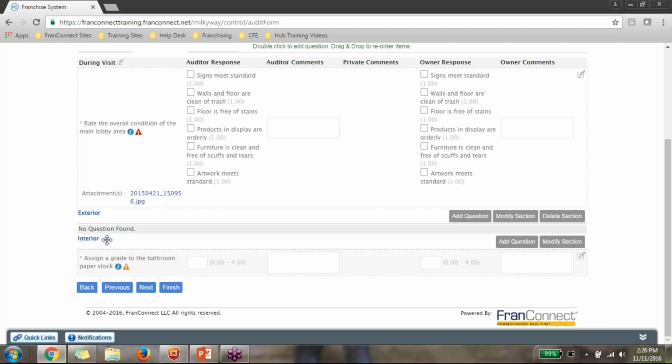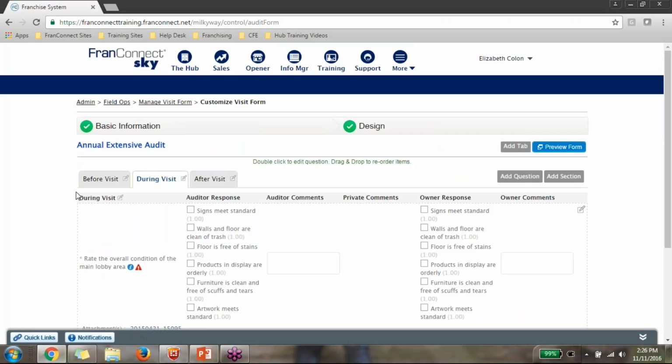So we know when the auditor pulls up to the location, from minute one, he's evaluating the appearance of the exterior of the building. Are the trash cans free and clear? Is the parking lot free of debris? Are the windows clean? Is the door working properly? If there's a doorbell, is that functioning? He's looking at all of that almost immediately upon pulling up at the location, which means the exterior facility is going to be the first thing.